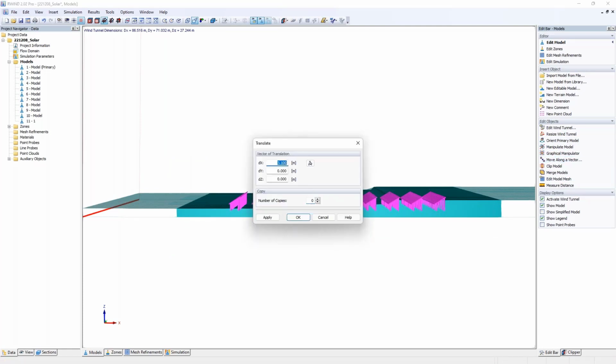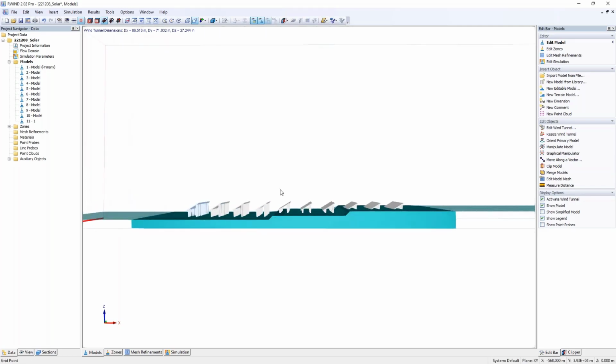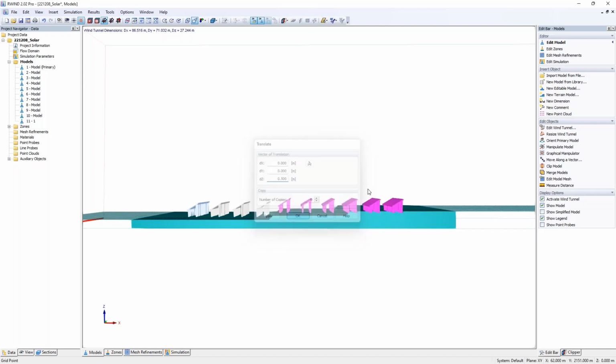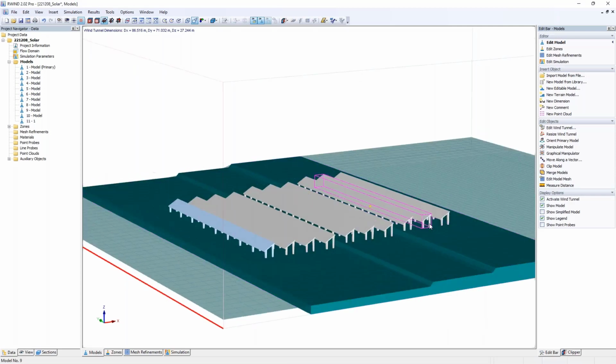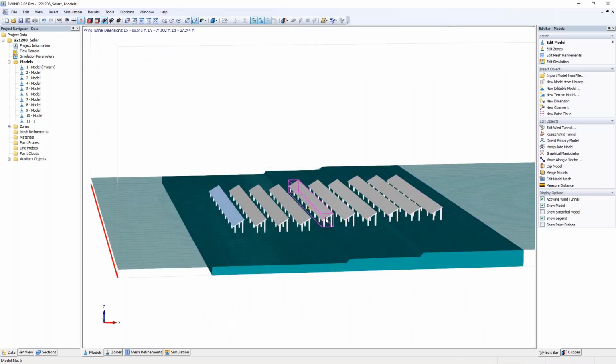So I will not create a copy this time. And I just first move them 1 meter higher. And the last 6 will also be moved half a meter, of course using the comma and entering them once half a meter. So as you can now see, I have a staircase of the terrain. The first ones are standing half a meter higher, 3 ones, and once again half a meter higher,